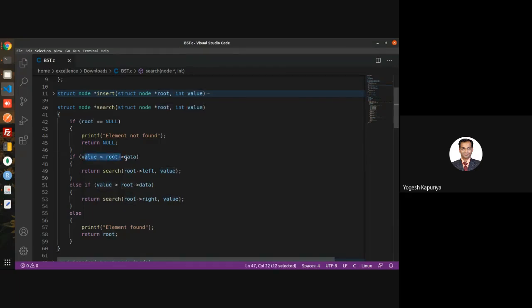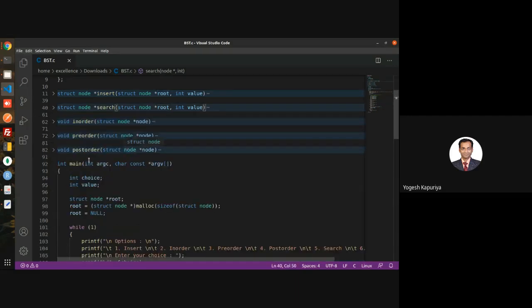If value is less than root data, then search in the left part, root of left. Otherwise, search in the right part if value is greater than root data. Otherwise, it's not left and it's not right, that means it's equal. When it's equal, it means that the element is found at the root node itself.